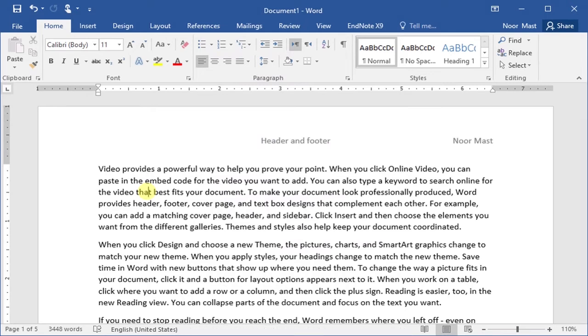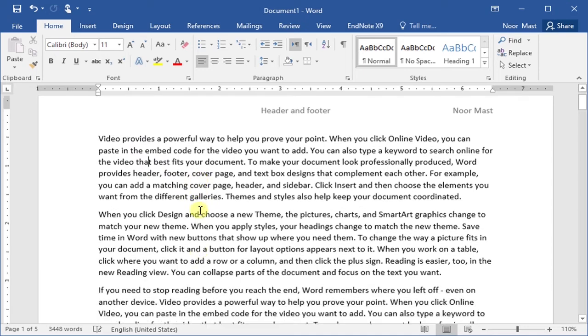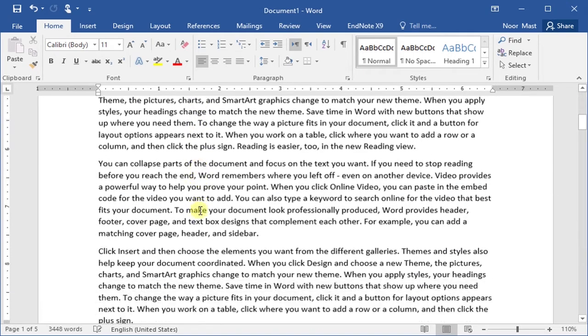So sometimes you may want to insert some other type of information such as the date and time in the header or footer section. Then double click somewhere on the header or footer section. Suppose we want to insert the date and time in the footer section.